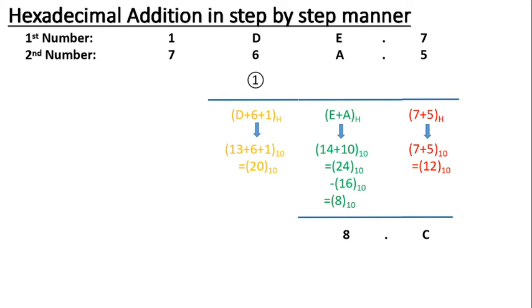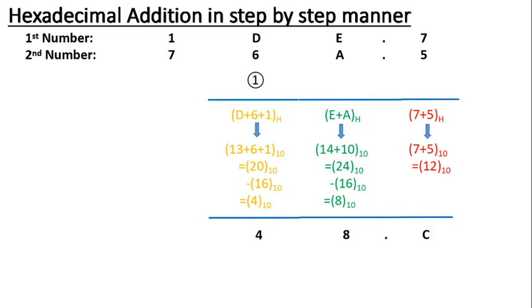So minus 16, the base, is to be subtracted here. That step is just now shown. So 20 decimal minus 16 decimal comes to be 4 decimal. And 4 decimal is nothing but 4 in hexadecimal, which is just now written below. And in this internal operation, the base of hexadecimal, that is 16, has been subtracted. So a carry is to be forwarded to the next bit addition.